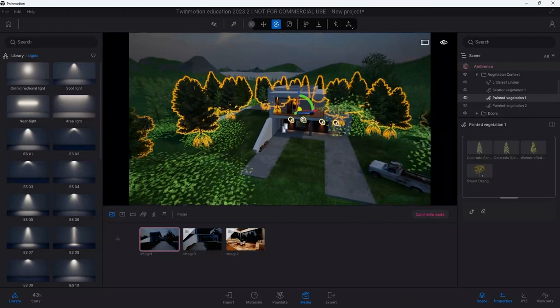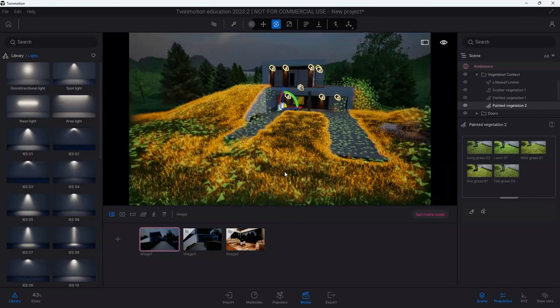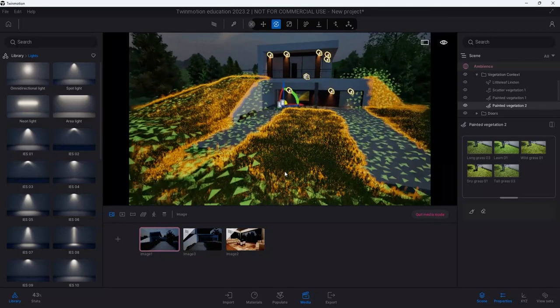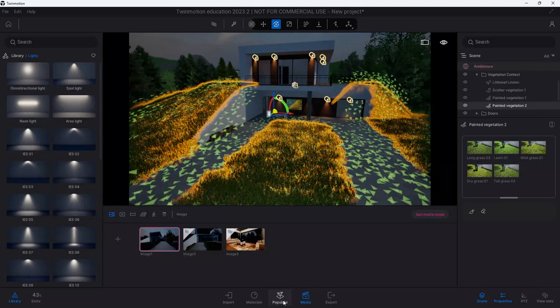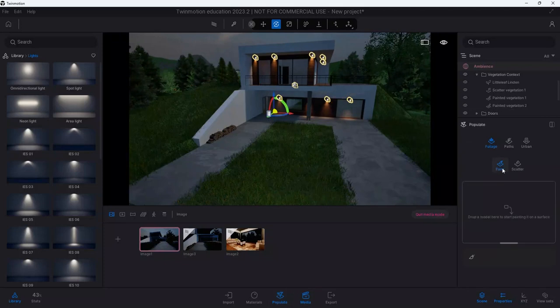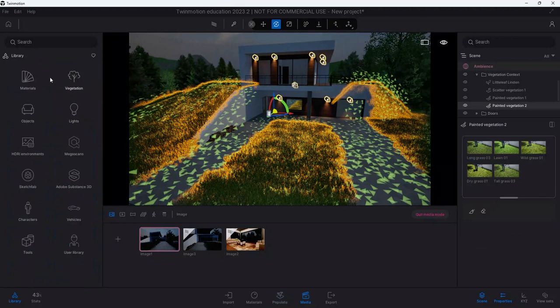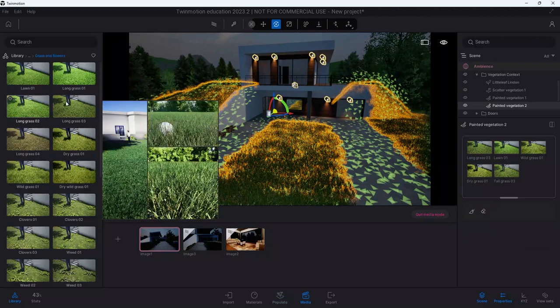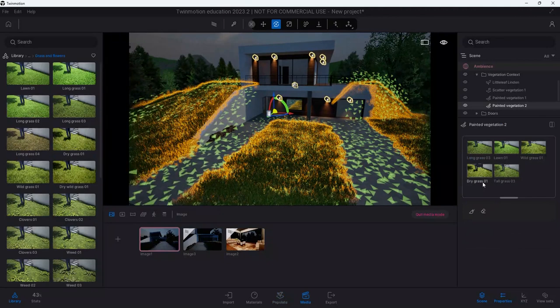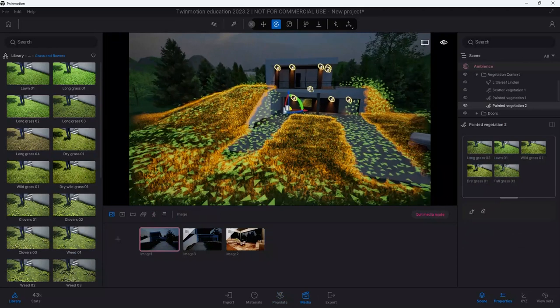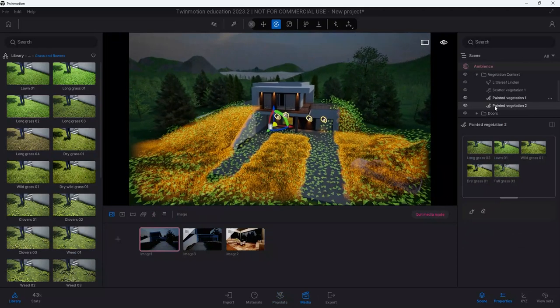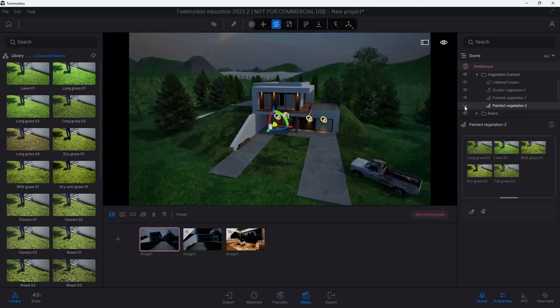The last thing that I did is I also used painted vegetation for grass. Similar process, painted. I did paint, and then I added some different types of grass that you can find here, right? And grass, and so I put a couple of those. One of the things that I sort of like to do is, let's say I were to hide this for now,